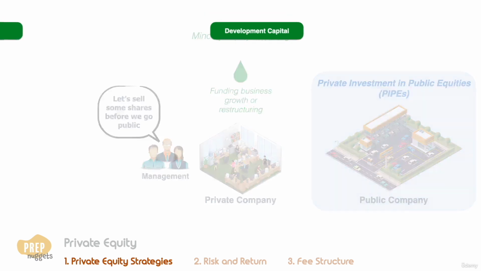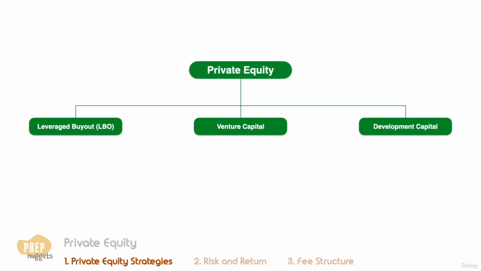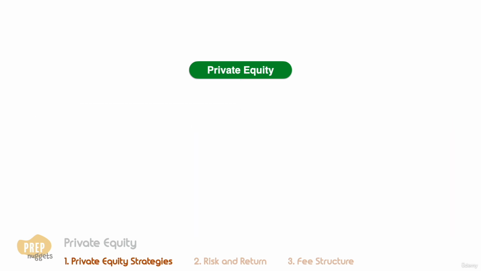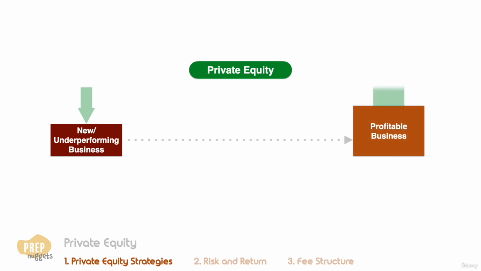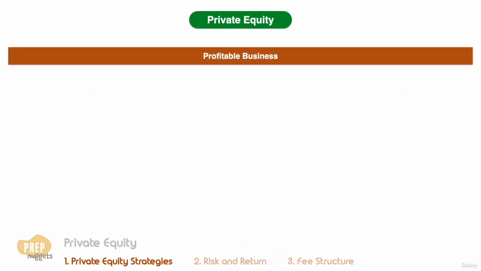And these are the common categories of private equity. Regardless of the strategy, the ultimate goal for a private equity fund is to improve new or underperforming businesses and exit them at high valuations in a time frame that averages 5 years. If the restructuring is successful, the private equity can sell the portfolio company in a number of ways.